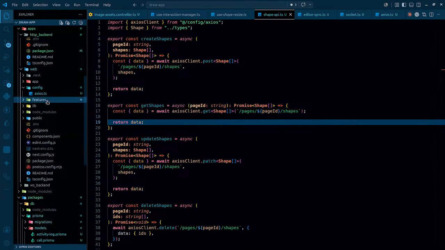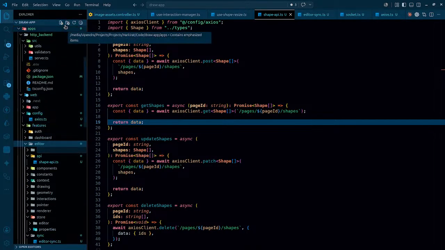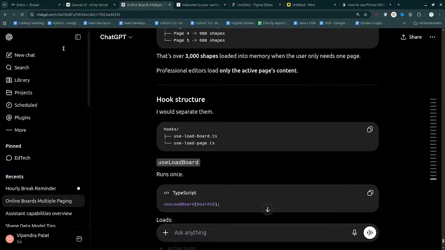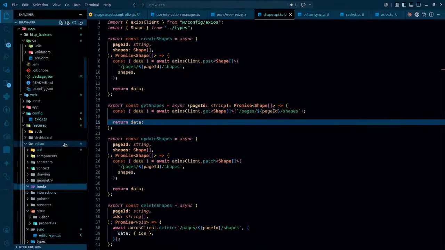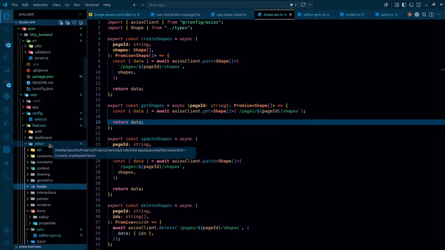So that simply means inside features, especially inside editor itself, I'm gonna have hooks now, and they are gonna be specifically for use load board. They belong to this section. So features, dashboard, auth. We have editor. So this editor,